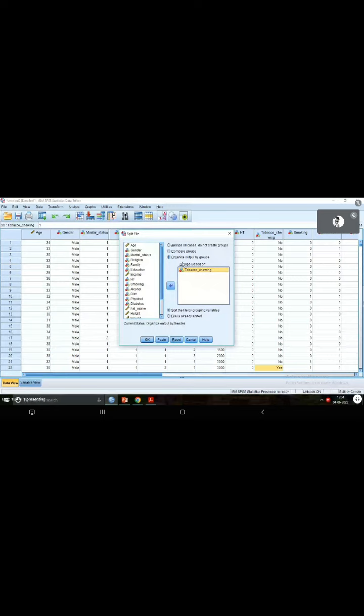You can't use a continuous variable to split your data. It has to be a categorical variable. If you select this variable, just click OK. And now what you're supposed to do, if you want to get the mean and standard deviation of weight, how do you get the summary for a quantitative variable?